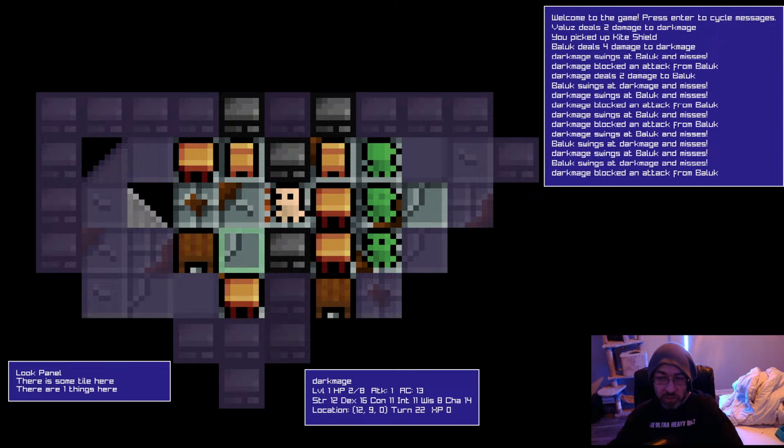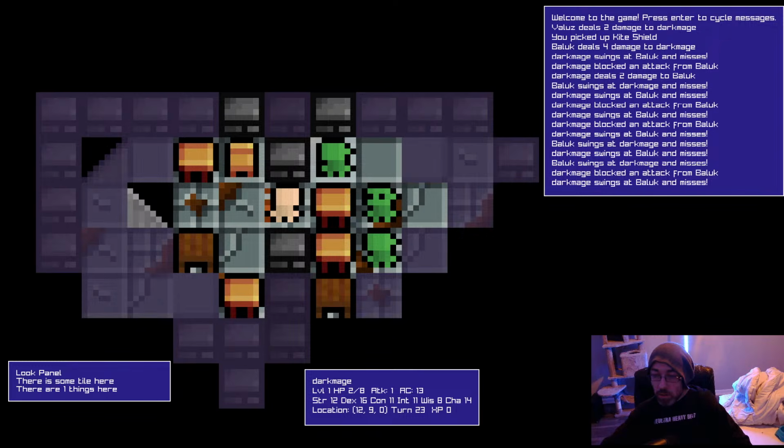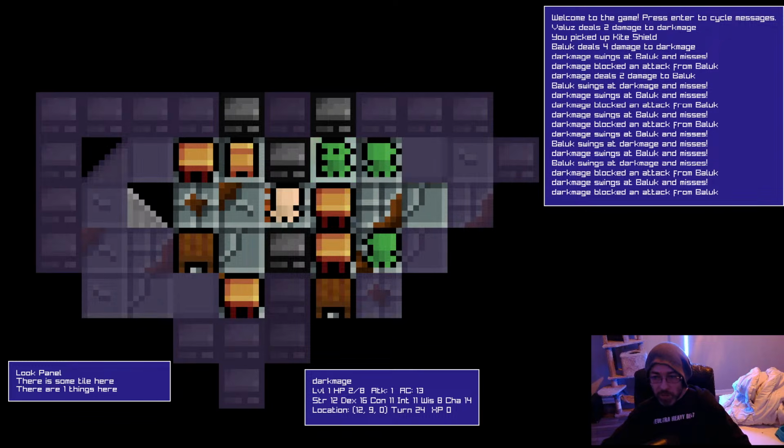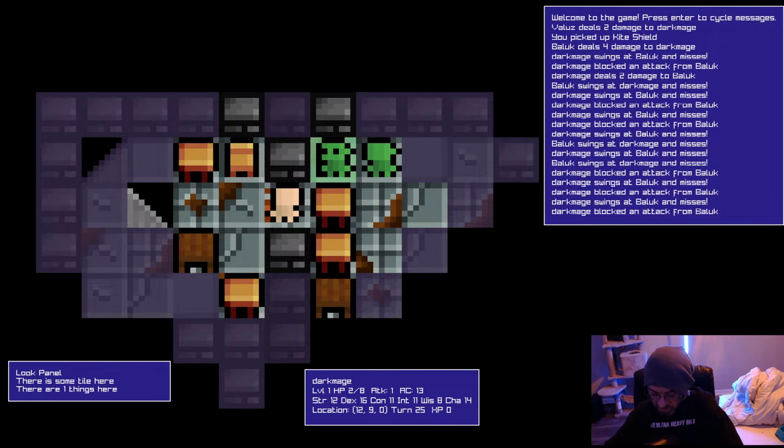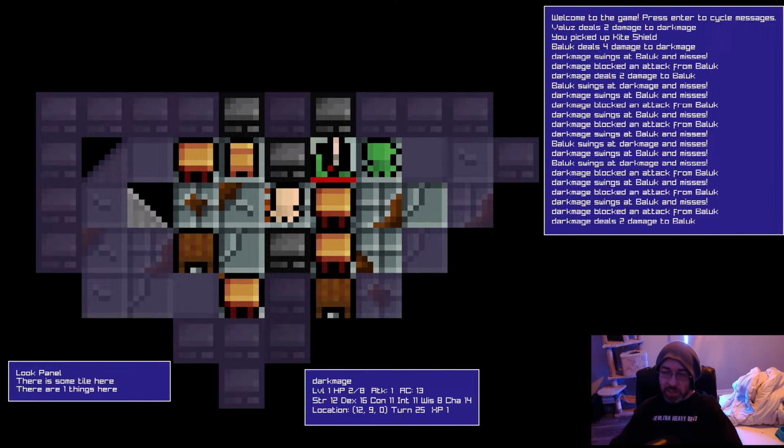Trying to bait one of them into that chair up there. Oh shit, he came. Okay. Better not hit me, because I'll be dead. Shield has a 90% chance to block if the initial attack roll passes. So he has to get past my AC, which is 13, which is okay. It's not the best. I get a huge bonus because of my dexterity, but I have not implemented armor yet. Yeah, I got his ass.